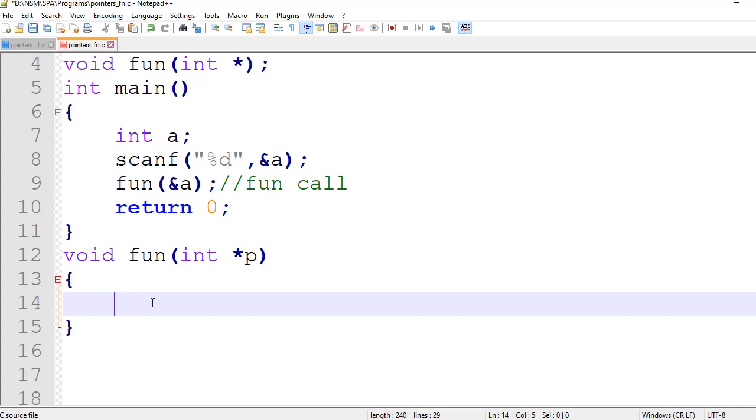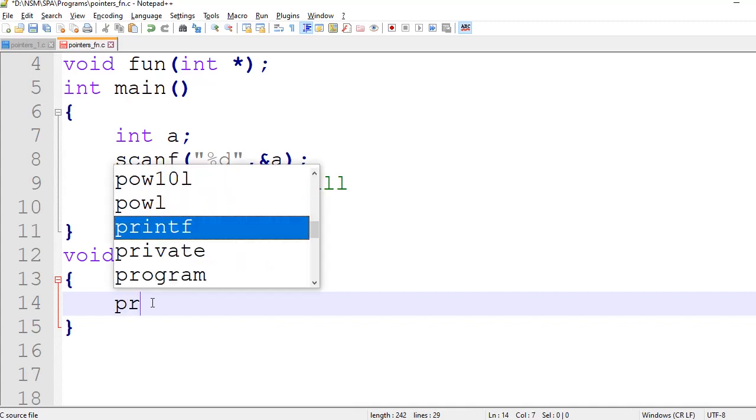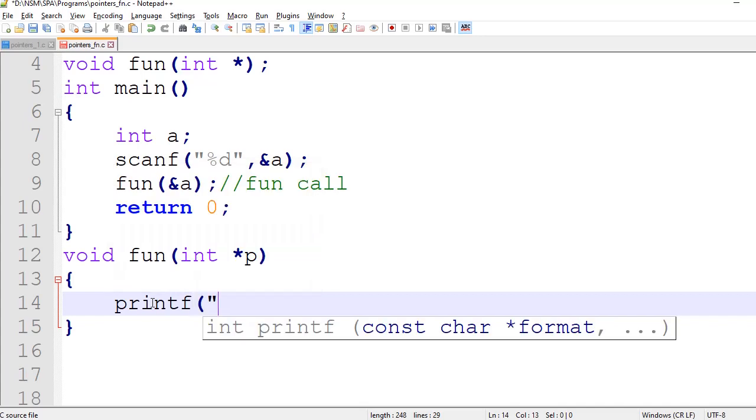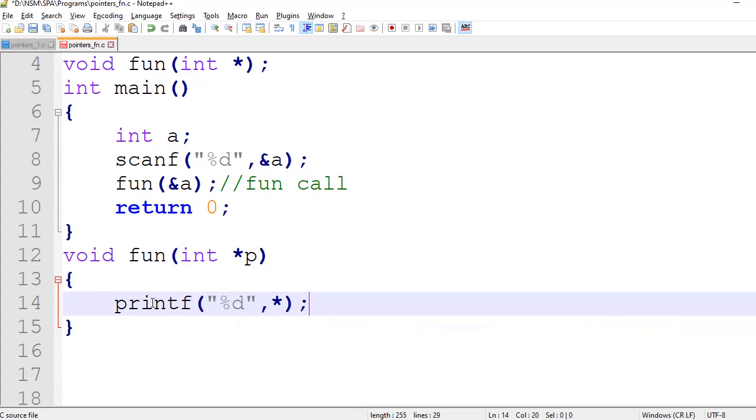Now inside this, I can change the value of a via p. So what I can do is, suppose I want this function to simply print the value of a first. So I will write a statement like this. I will simply say printf %d and I will write star p. Now when I write star p,